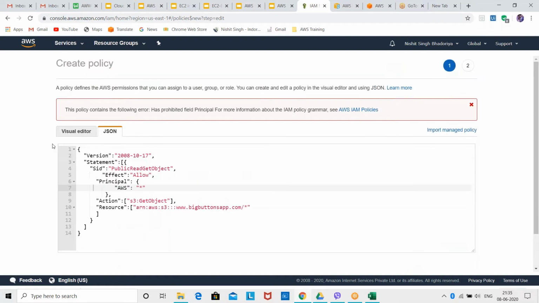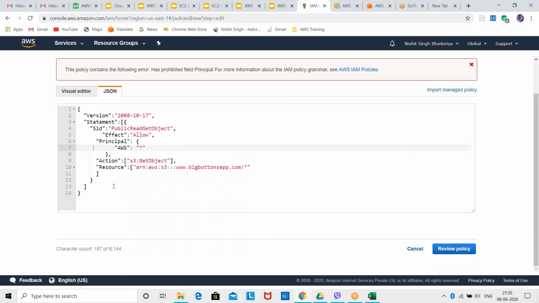Okay, so there is some error. You guys need to make sure that you don't make any errors while coding. So I have some error in my coding. I'll just see, just a minute.